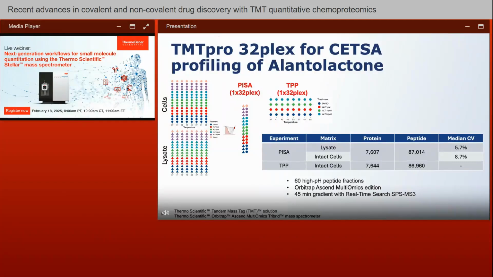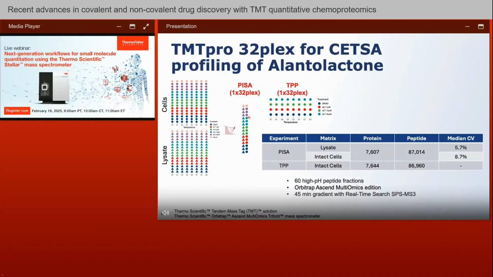We've started with intact cells and lysate treated with different concentrations of allantolactone. So here you can see 4 different concentrations of allantolactone plus DMSO control. Treated samples were aliquoted for heating to different temperatures. On this slide we can see 8 temperature points. And then there are 2 ways to proceed from this point. We could either pool them together in the temperature dimension to generate a PISA set, which we've done for both intact cells and a lysate,